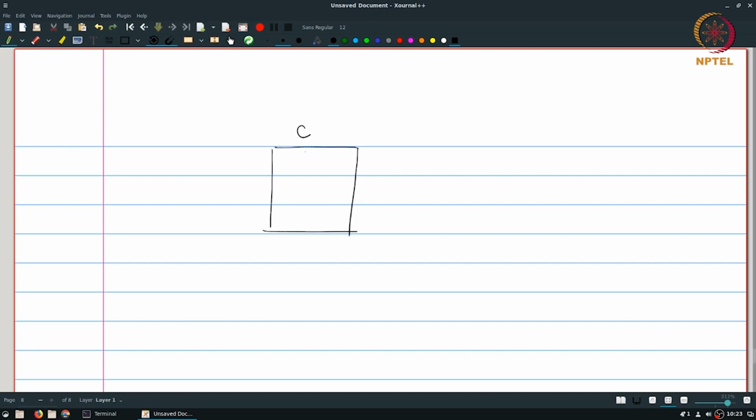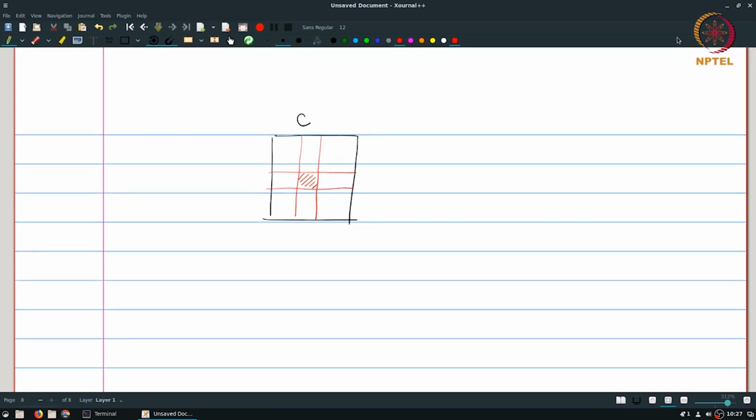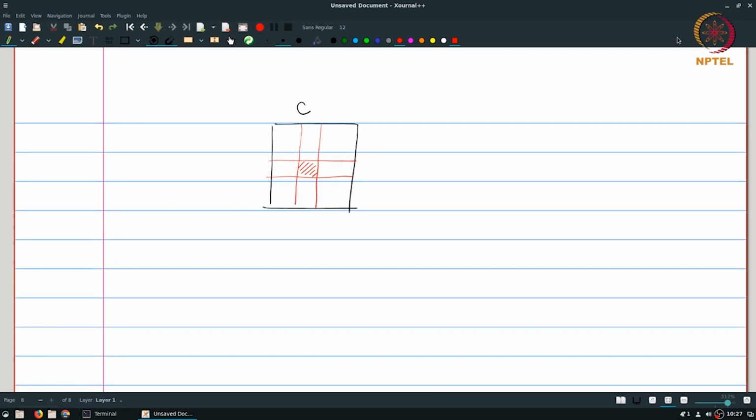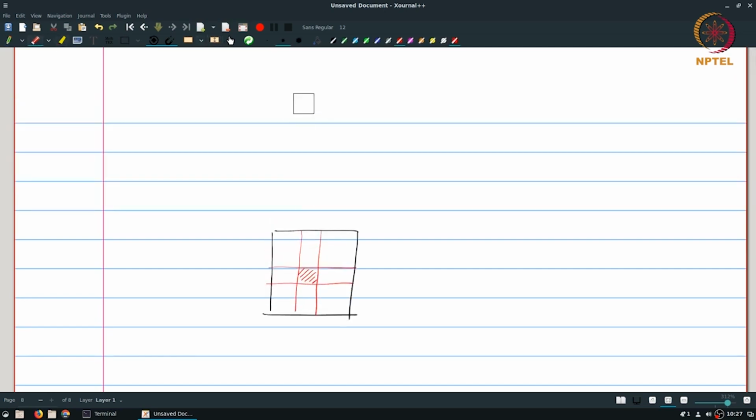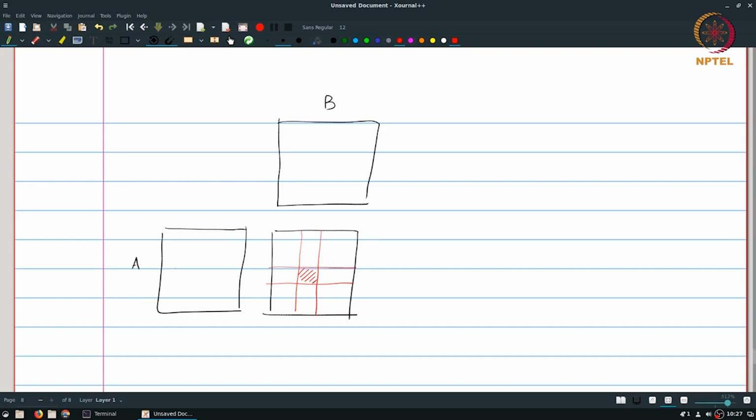Can I break this computation up into smaller segments? In other words, can I perhaps find one part of C that needs to be computed, find out all the computations that are required for that part of C alone, do them, and then discard everything else? So let's see what is required to compute the values of C in the shaded area shown over here. What we effectively have is that we will need to use the two matrices A and B, but the areas of A and B that we need to access essentially correspond to